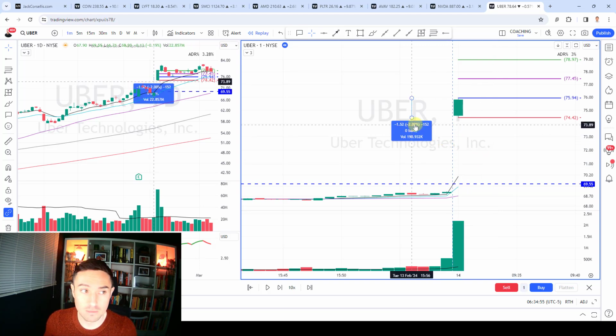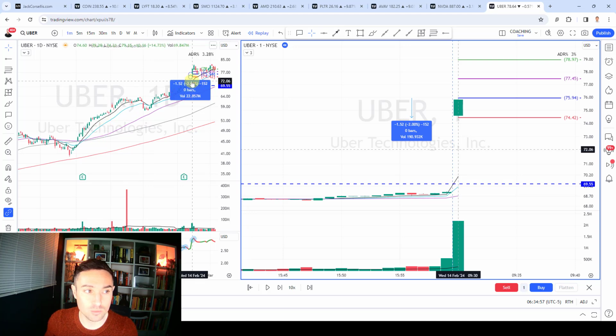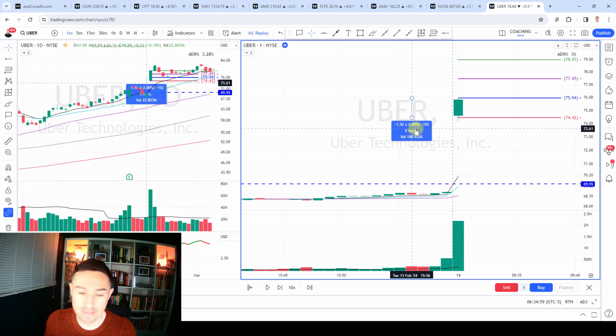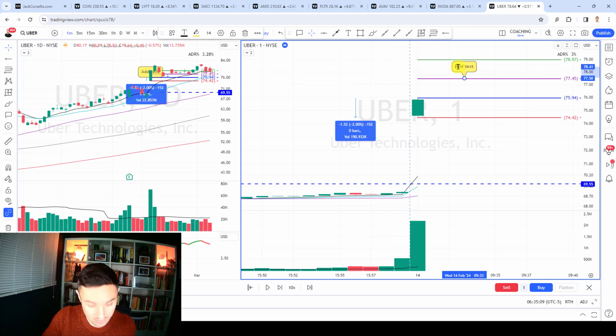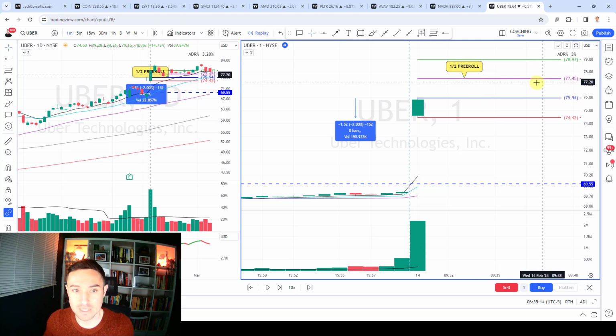It's probably favorable. We can look at how we think Uber is going to trend as well. Do we think a 2% initial stop relative to the potential reward is favorable or not? That's a conclusion you're going to have to reach for yourself. Then our free roll target could be up here at 77.45. So we could say we want to take half the position off to free roll at 77.45, and then look to target it through